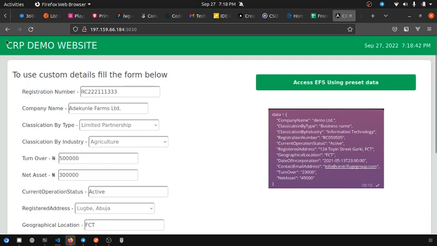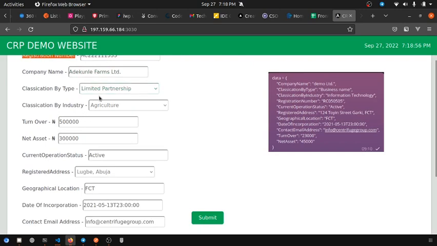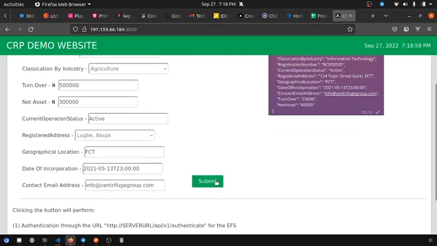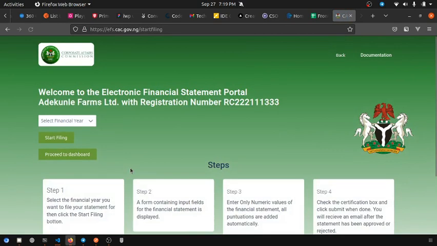So here I'm going to be demonstrating using the demo website we created basically just for testing this interoperability, the interconnection between the two portals. So here I have a dummy company filled out, just a random company just to test the process. So once you submit all this from the CRP, the user is redirected to the EFS portal, where he's greeted